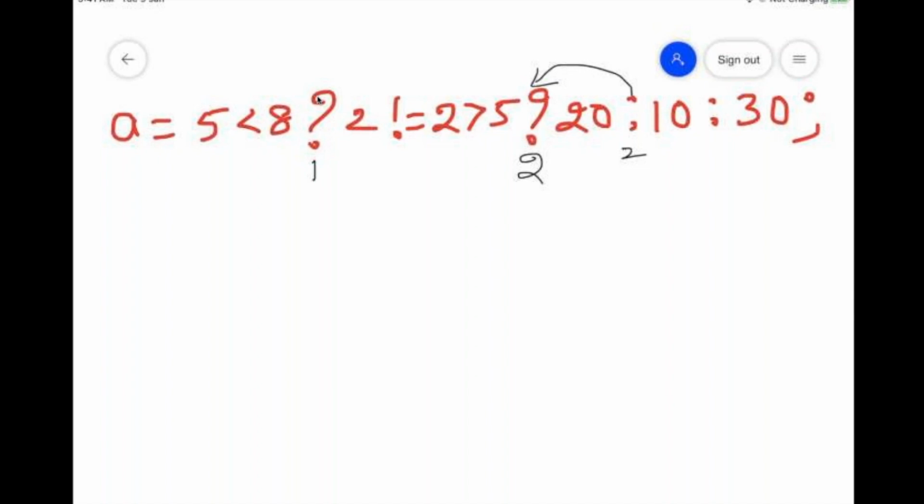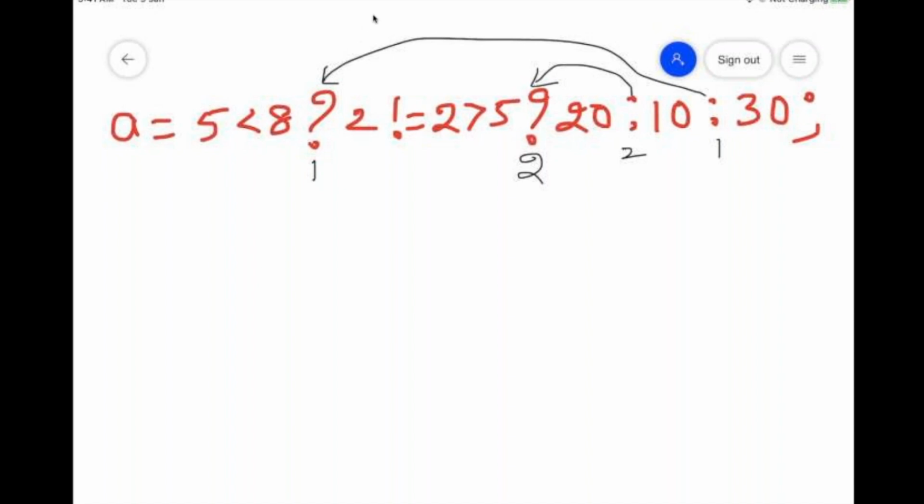Every question mark number you have to provide in sequence, but the colon number must match the question mark number only. Okay, so that colon is matching with just before which question mark it represents? Second one. So it is 2. Then go forward, it is 1. This is going to match with this one. Done. What is the next one?